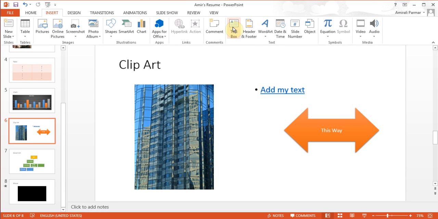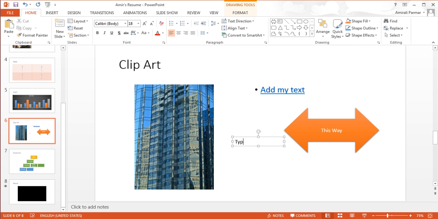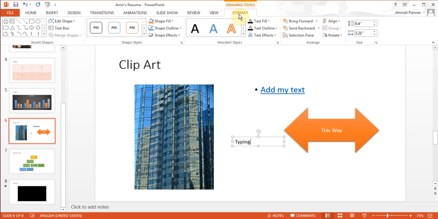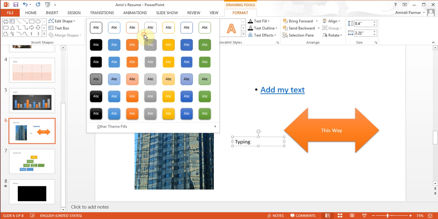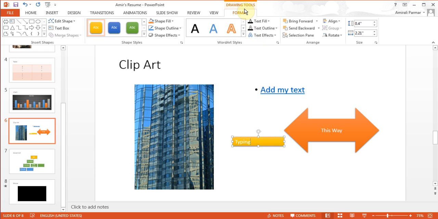You can add text boxes anywhere you want. So I can click it, and I can add a box, and then I can start typing in this box. And then I've got the tools for it to make any kind of changes to the box. So remember that anything you do, you're going to get tools for it, and that will have an impact on whatever you are doing. And then you can drag it around to wherever you want it. You can even twist it